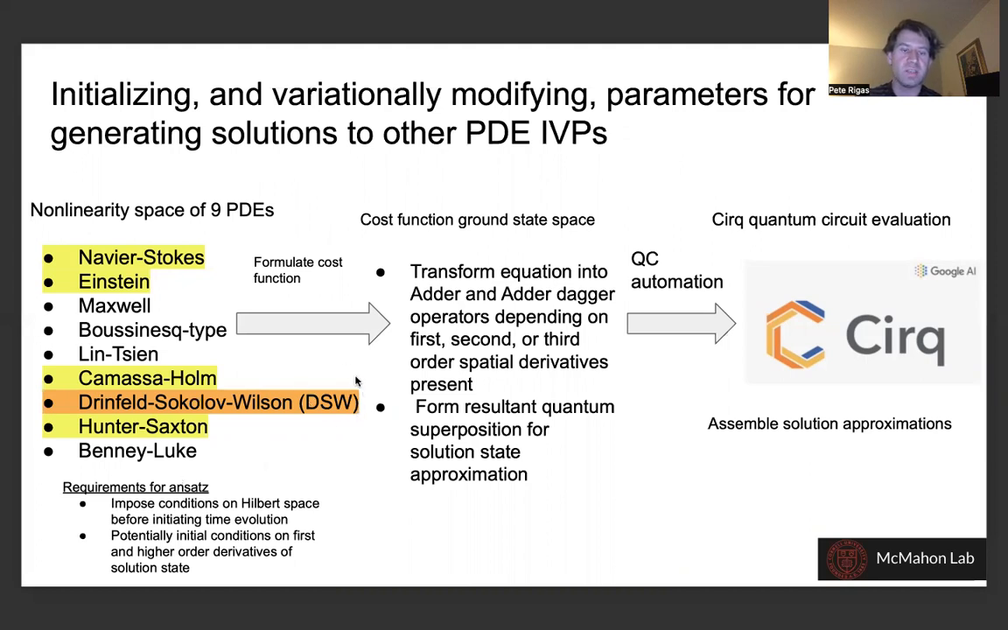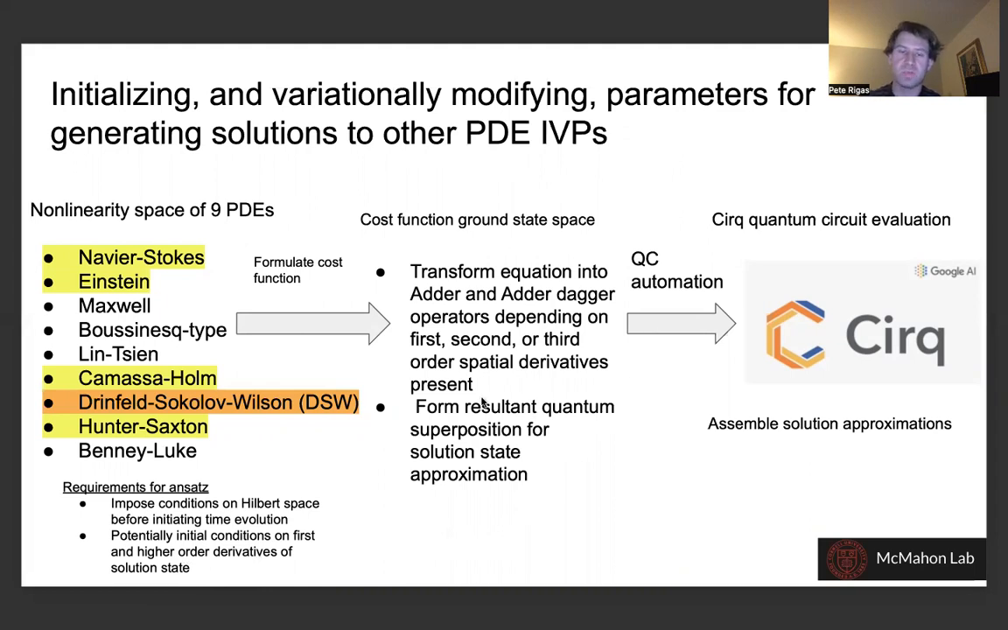And I've highlighted the DSW partial differential equation system in orange because it's different from all the other partial differential equations, in that we have to make use of a constraint optimization scheme to obtain solutions for the functions u and v of the system. And we impose the requirements for the ansatz that we want to look at the Hilbert space that's the most beneficial as we initiate the time evolution, in addition to potentially imposing initial conditions on first and higher order derivatives of the solution state. And after we formulate our cost function, we can proceed to the cost function ground state,